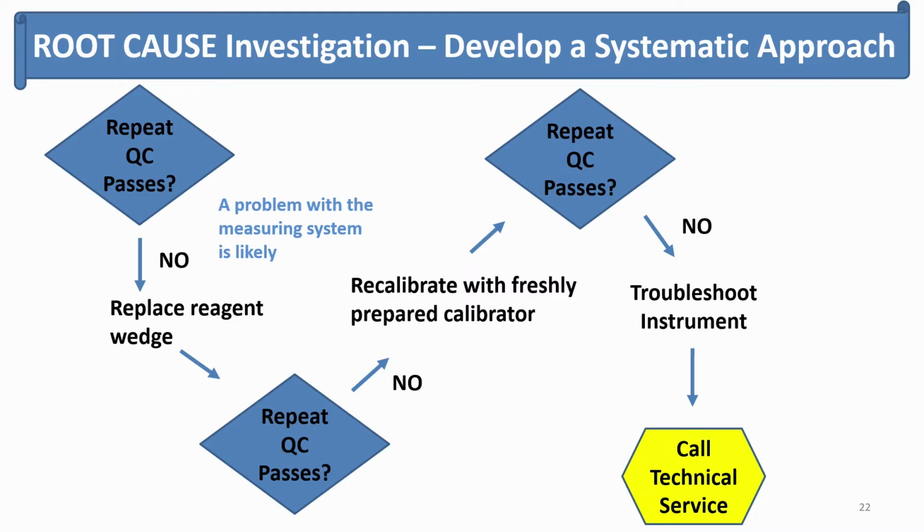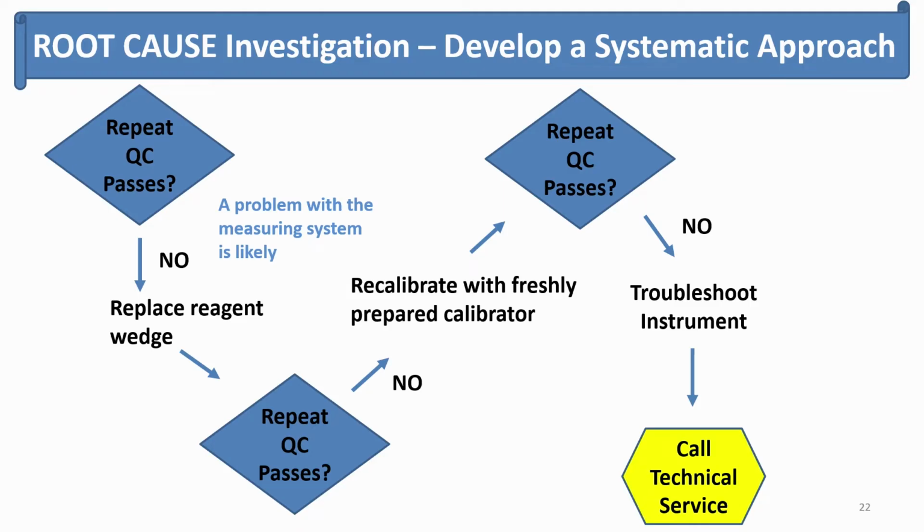Now, this is not a repeat of the same vial of QC on the instrument. That is a useless task and not going to provide any information. We ask them to walk into the refrigerator, get a new vial of QC, place that on the instrument, test. If that passes, if the QC value is close to the target mean, then we can be relatively assured that the problem is just with the QC material itself and there is no measurement system problem. If the value is far from the target mean or fails, then we know that a problem with the measurement system itself is likely.